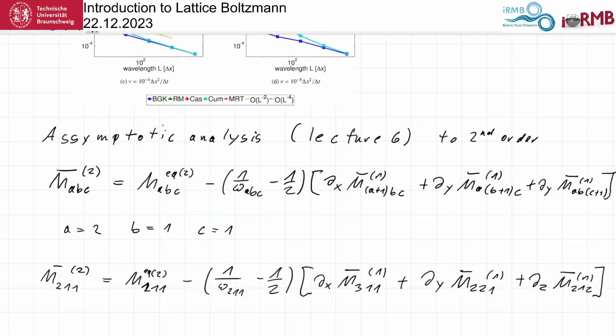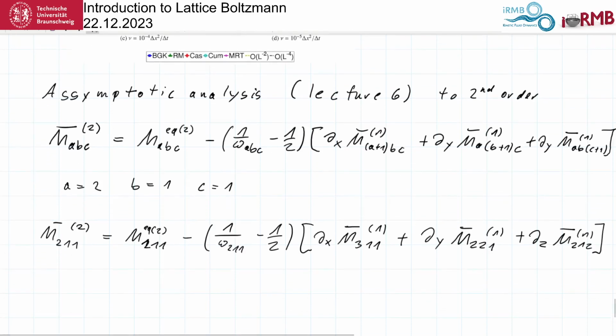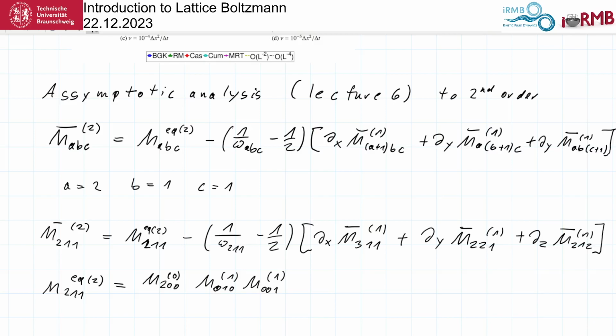Okay, so now we have to put in these things which we don't know. For example, the equilibrium M2 to equilibrium 2. Now this can be written down through factorization. That's much easier than taking the original integral. So it will be the zero order of M2, 0, 0, the first order of this and the zero order of this, and there will be no other permutation of this because, you know,